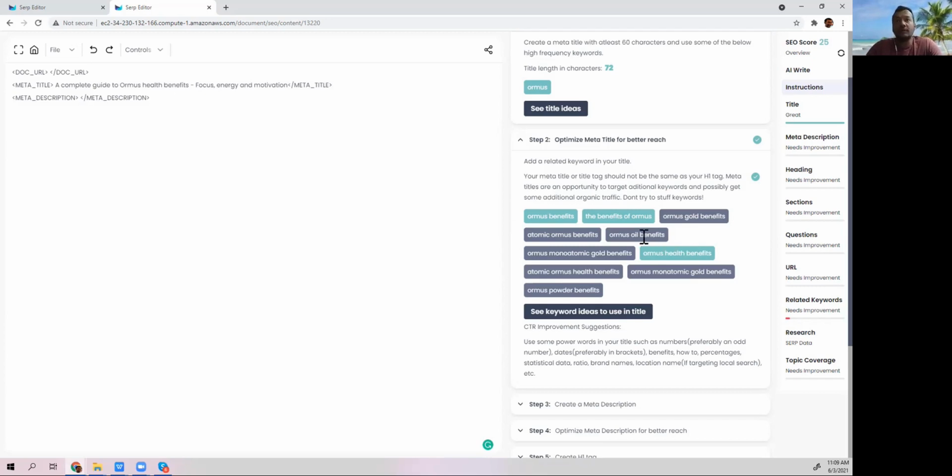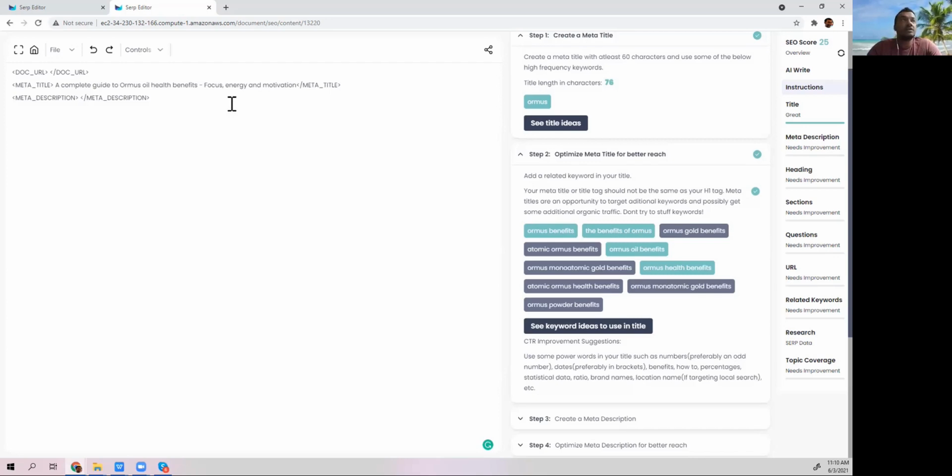Also, if you see, Ormus is an oil actually, right? So people search for this, but people could also search for this. Sure, Google can figure this out on its own, that Ormus is an oil and that this tightly aligns with it. But adding that particular keyword will give you leverage on being found faster. So let's add oil. You can obviously make this fit. I'm just trying to optimize as much as I can.